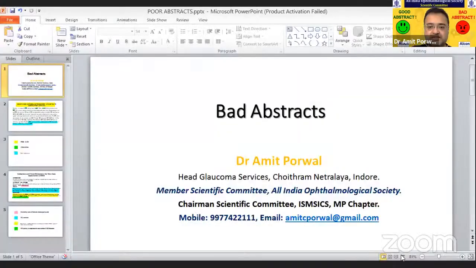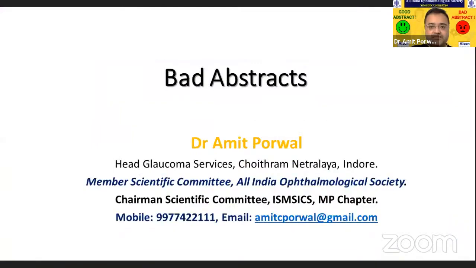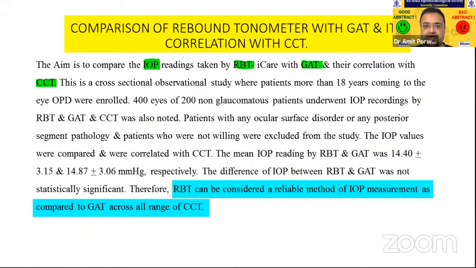So as discussed, I'm just going to have two slides on what are bad abstracts. I'm just showing you one abstract here, as we ask for a synopsis. Every conference has its own strategies, the way they want the abstract to be written. In this case, the synopsis is written and you can see the title itself. The title should have been in sentence case, but here everything is in capitals. I'm talking about grammar mistakes.